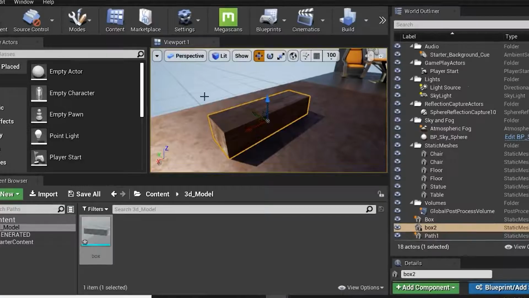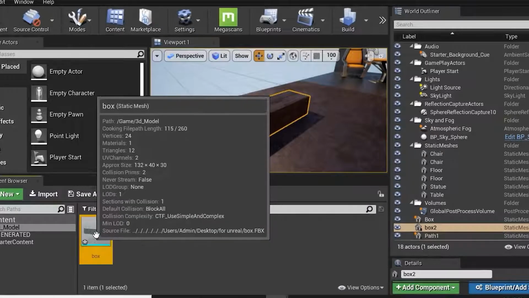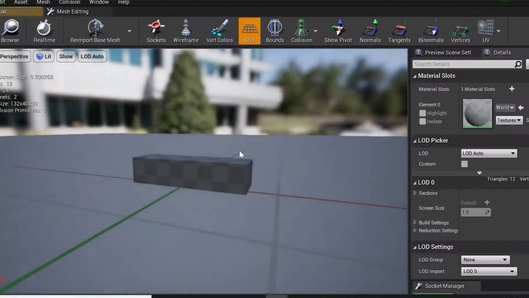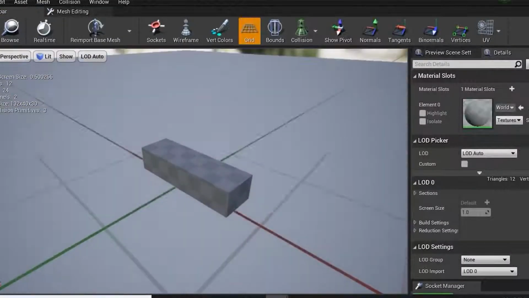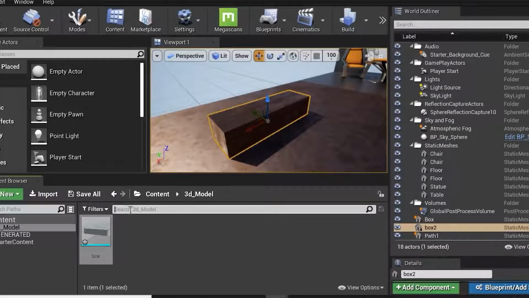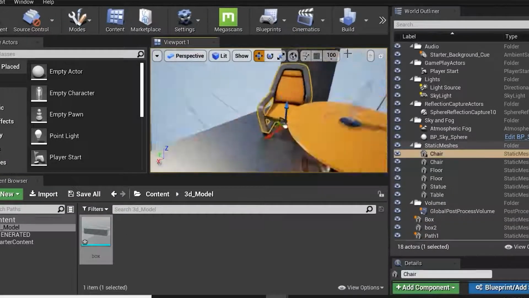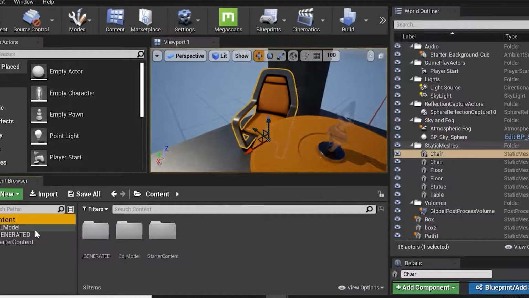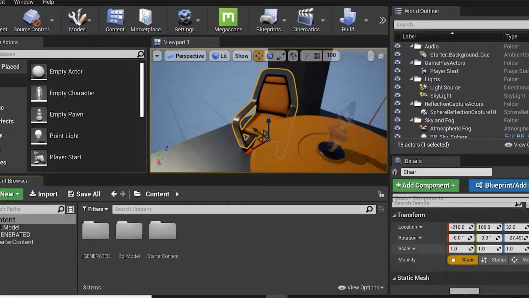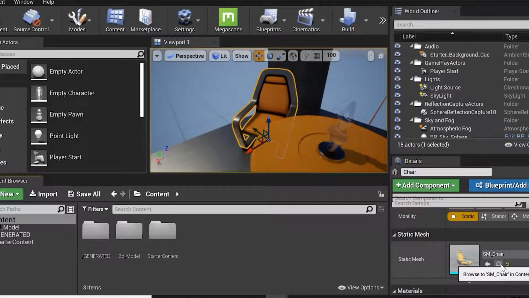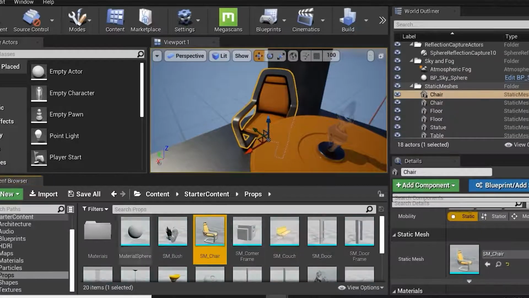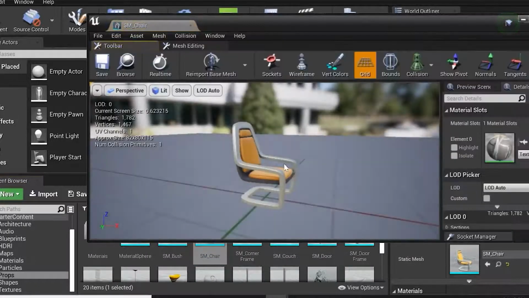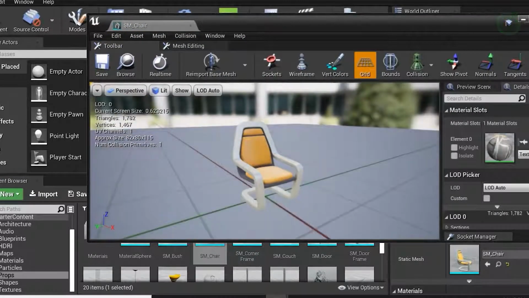I just close this. For the static mesh, we need to double click on this object in the content browser. Static mesh editor will open over here. For example, I'll select this one. I don't know where it is located in my content, so I need to select my object, go over here, and click on this magnifier option. Automatically it will show where it is located in your content editor. Double click. Again, static mesh will open. Select this object.